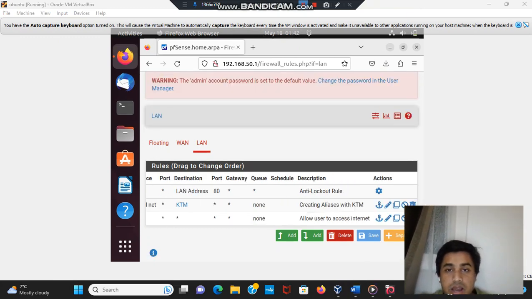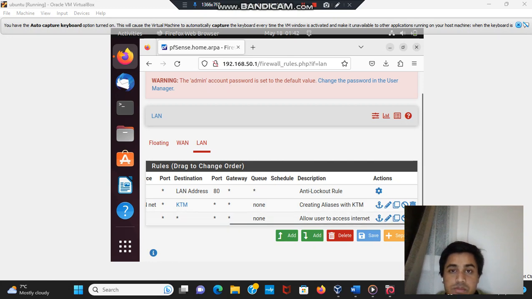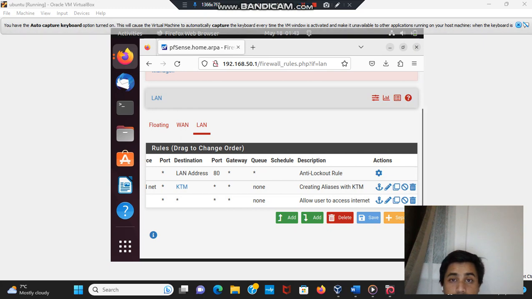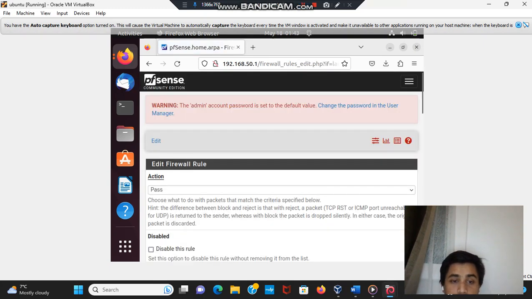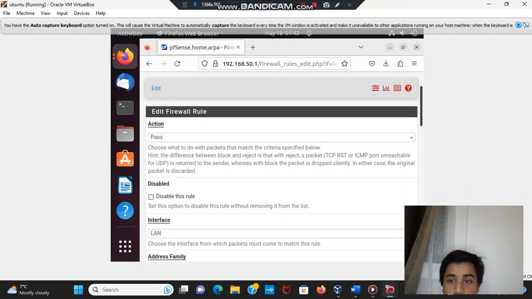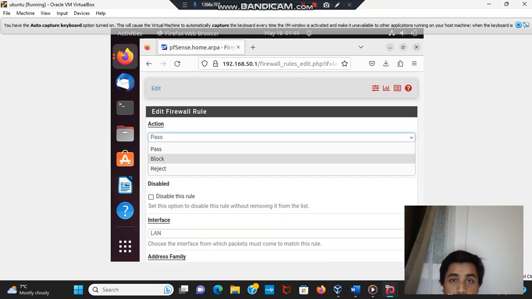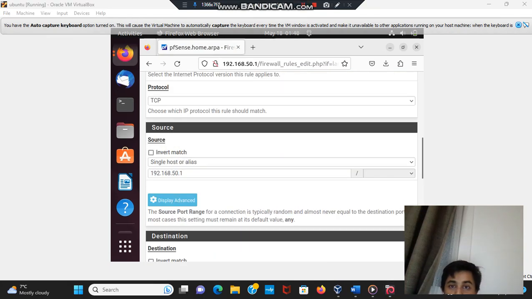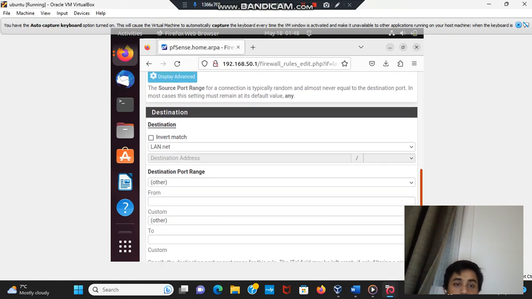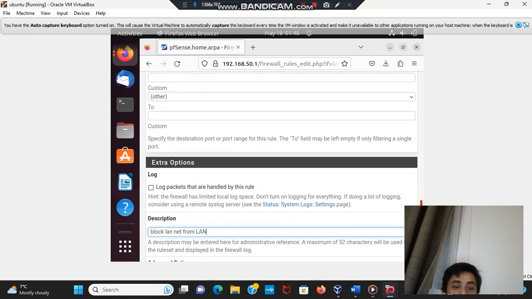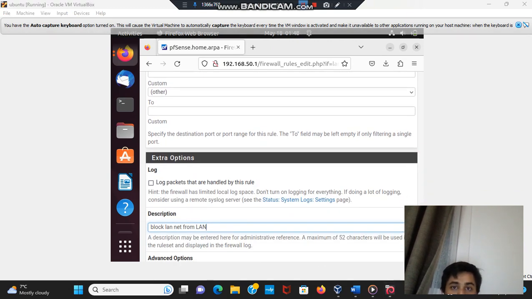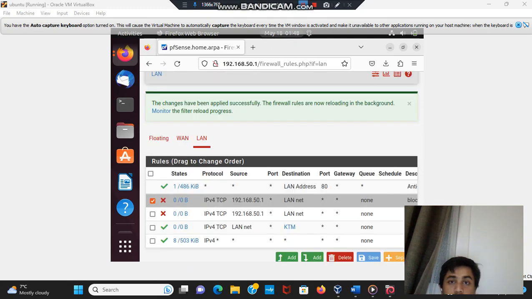Now for the last, fifth rule, I will block internet access through a specific IP address. Then I'll go to add. For the action, I'll choose block. I have changed the source and destination, and I have chosen the LAN net. For the description I have written the LAN net from the LAN. After saving and applying changes, I have successfully